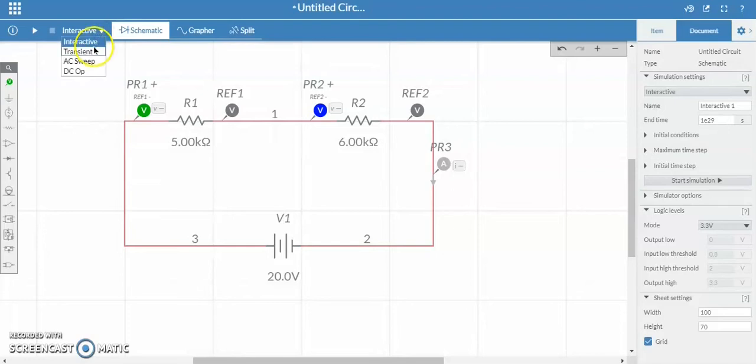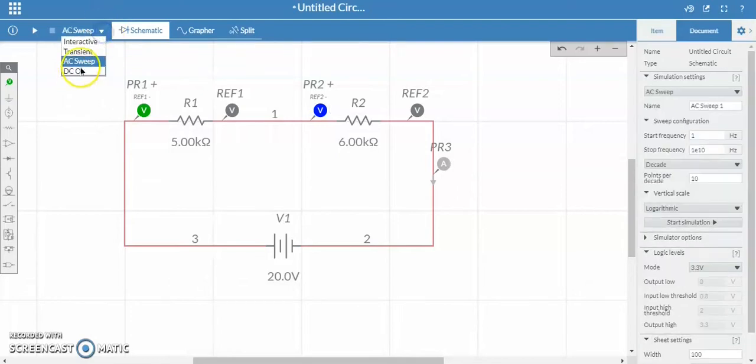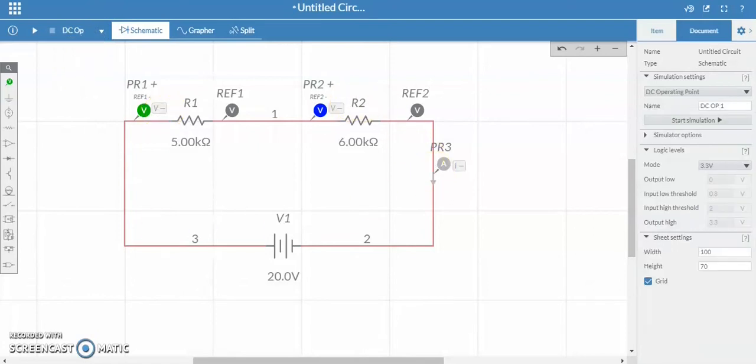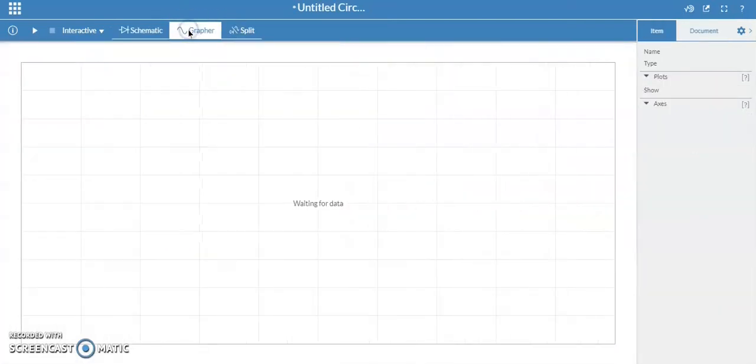Now we will run the circuit. In this there are some sub menus: interactive, transient, AC sweep, DC output. Then run the simulator circuit by pressing the run button.